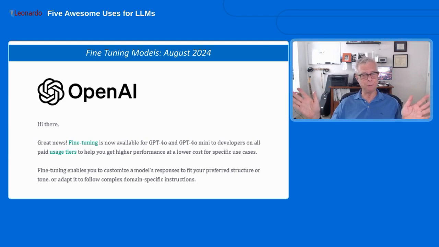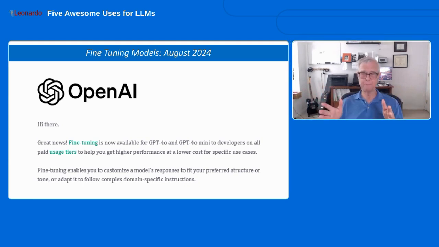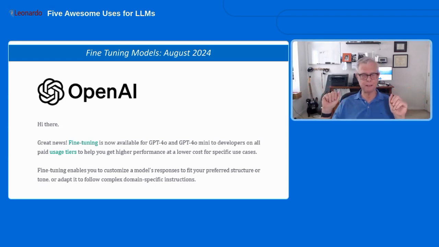Now, I wouldn't put any proprietary information into there necessarily, but if you have general work instructions that are specific to your company, it sounds like, and there were ways of doing this previous to this announcement, but create your own custom chatbot basically with your own information. So that's pretty exciting stuff. We'll see where this goes.